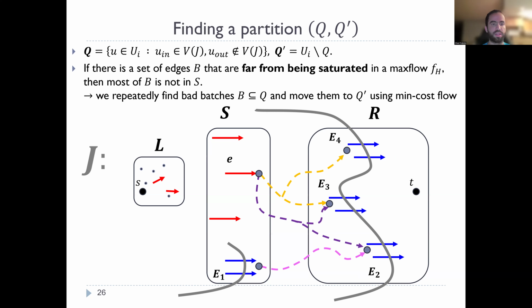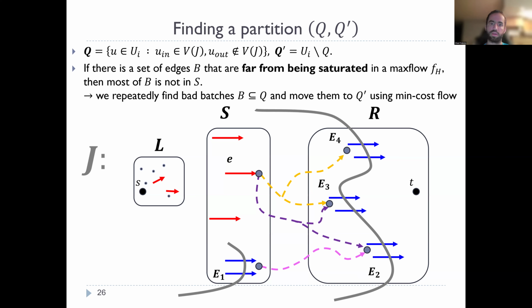And now we define Q to be the set of relevant nodes, so the set of nodes in U_i whose in copy belongs to J and whose out copy does not belong to J. So this is the set of nodes Q in the beginning. And Q prime is simply the rest of the relevant nodes, U_i without Q. Now we will have a few iterations that will change